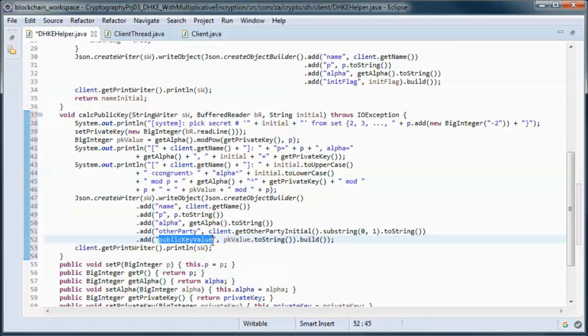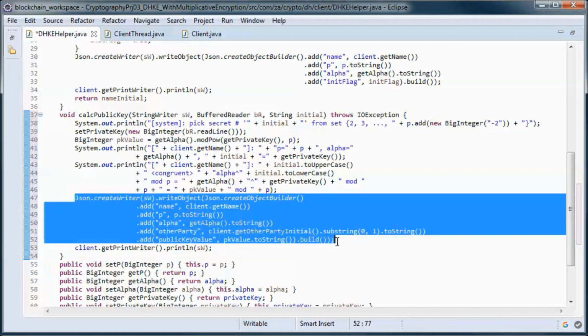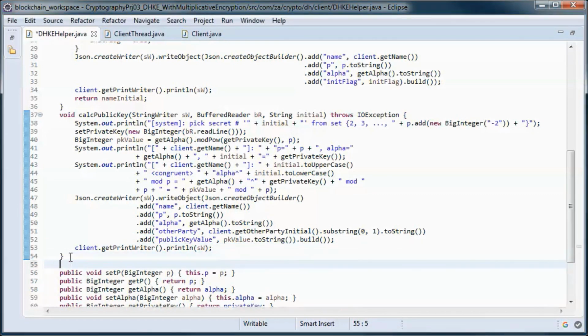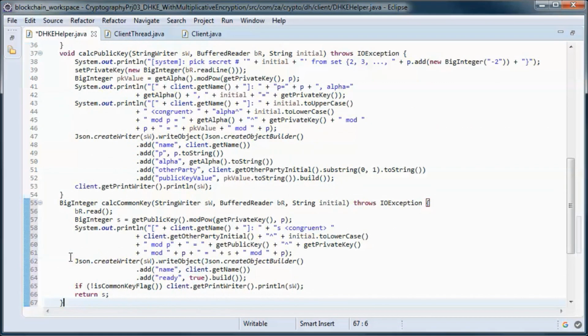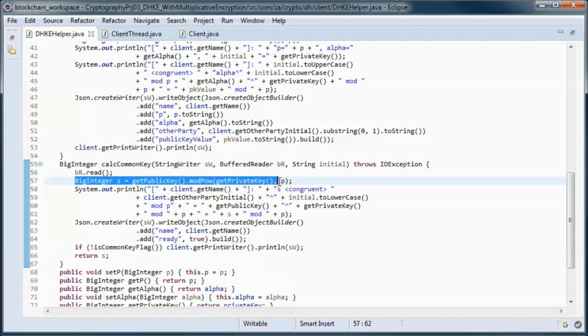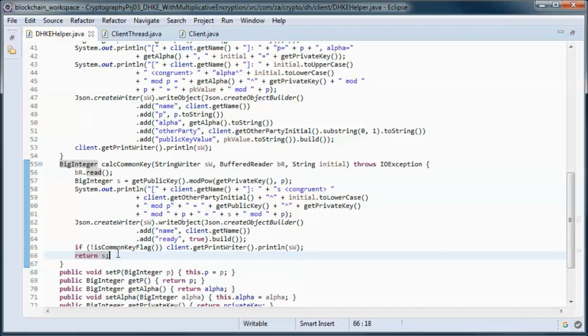And we put it in a JSON object and send it to the other client. And this method calculates the common key and returns that key.